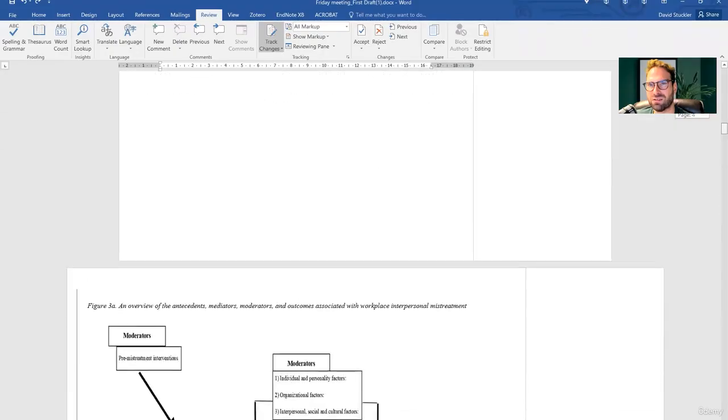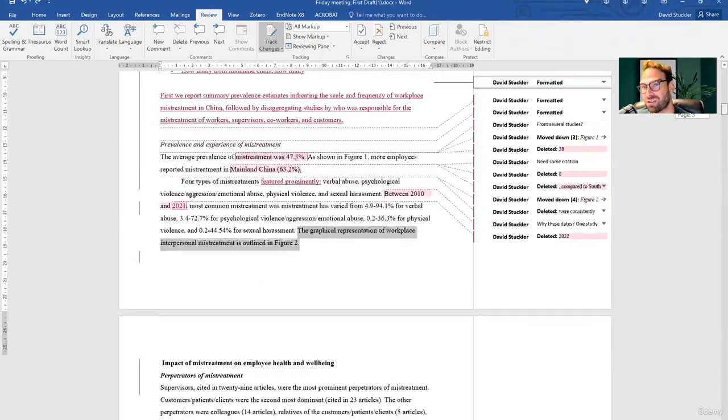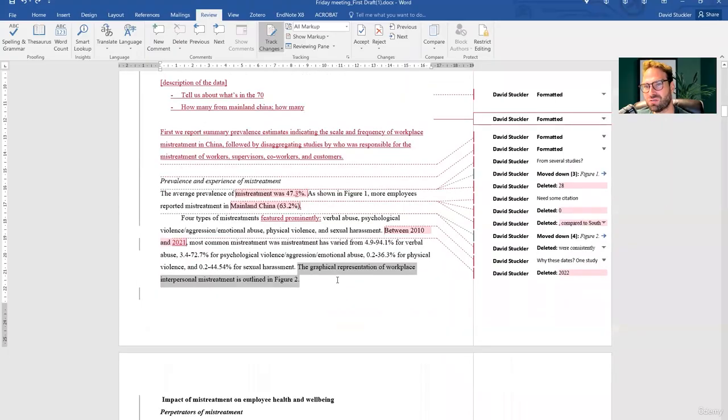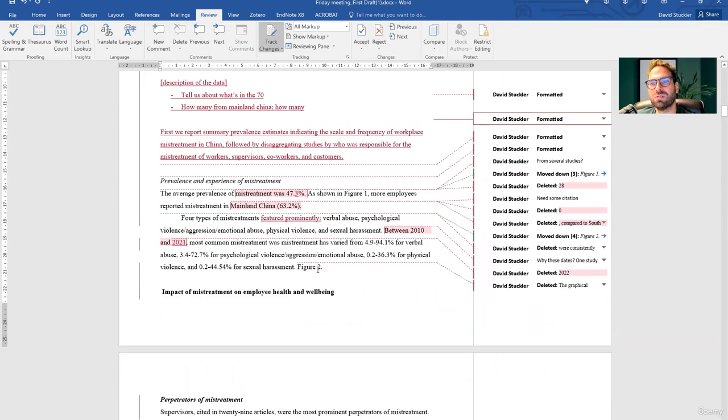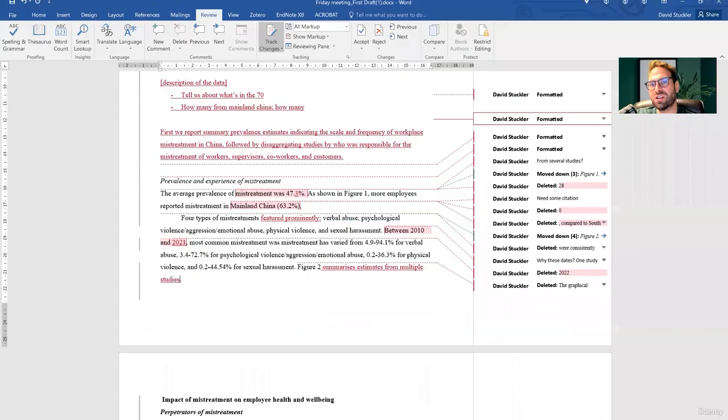Figure two is that. Okay, Cynthia, I don't know what you're citing, figure two. Or maybe you're wanting to say the prevalence. So figure two summarizes estimates from multiple studies of the prevalence of